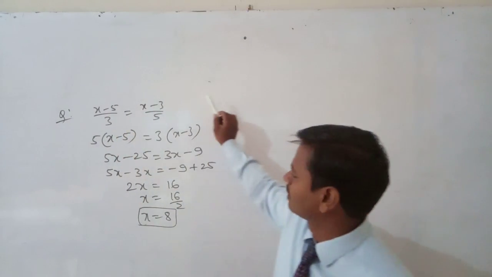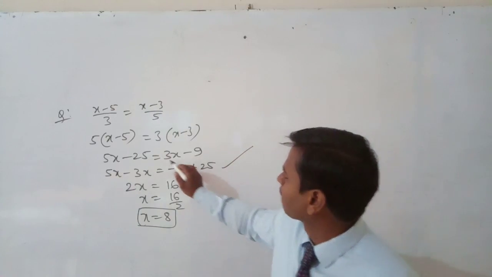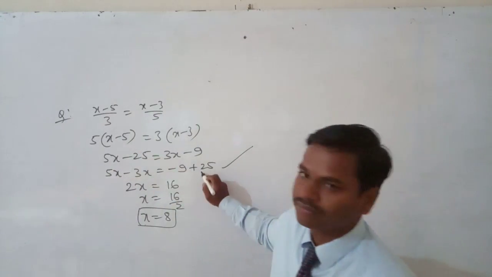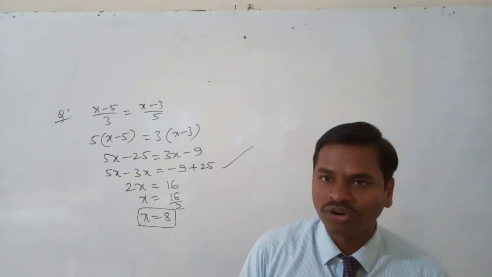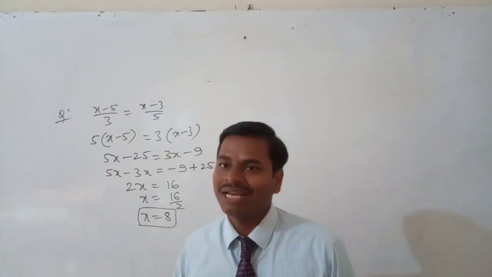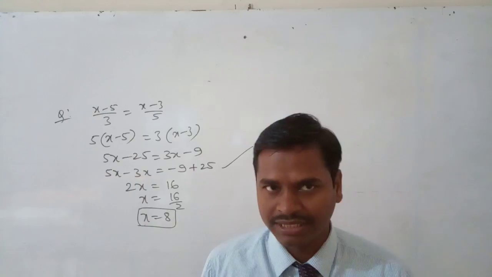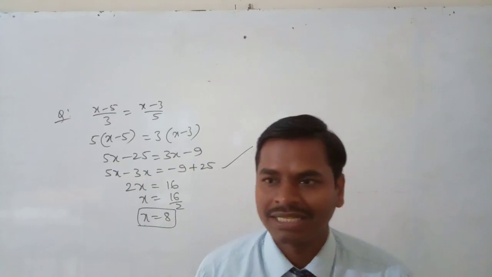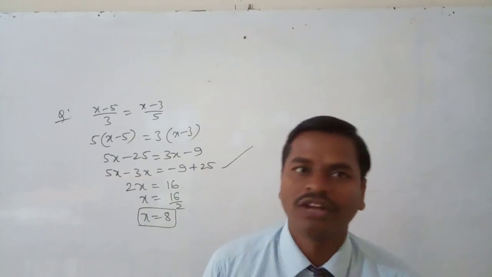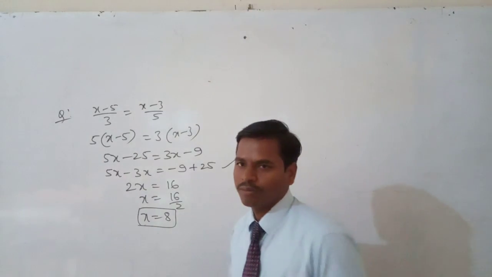Here also the division relation is there, so it will become multiplication. But in the last step, there is a plus and minus sign. Addition and subtraction will become addition. Be careful in shifting the terms so that you will not get confused while solving this. Be careful about which number will become multiplication, which will become division, or addition or subtraction. Okay? We'll solve one more problem.